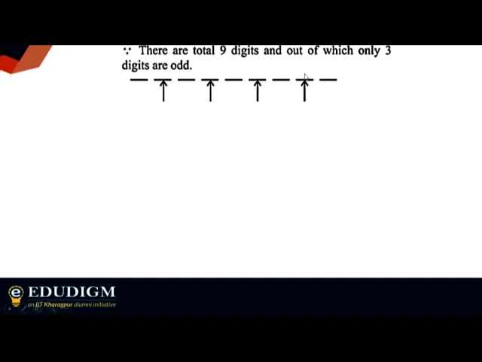Okay, so these are the even positions, but you only have three odd numbers. Fair enough, three odd numbers. So you have two ones and one three. Out of these four possible positions for odd numbers, you can select three in 4C3 ways. You can select any three possible numbers in 4C3 ways. Okay, but what is this extra thing?